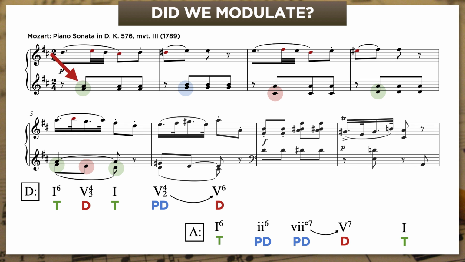Now, the applied chord to 5 points us toward A a bar earlier. The melody includes the leading tone of the new key now, that didn't happen before. And, this is crucial, the dominant of A is now approached by its own applied dominant with that 4, sharp 4, 5 bass line that leaves no doubt at all that we are cadencing in A major.